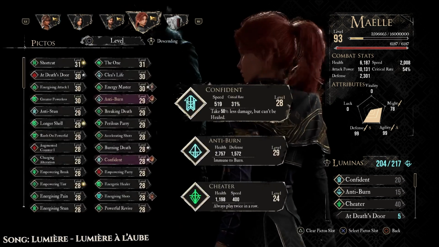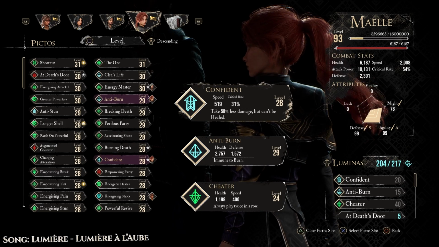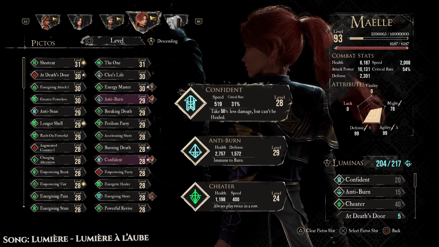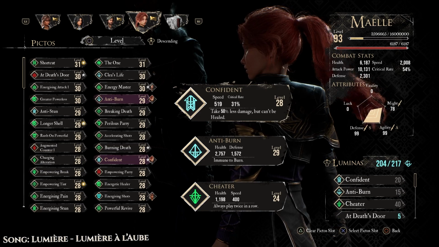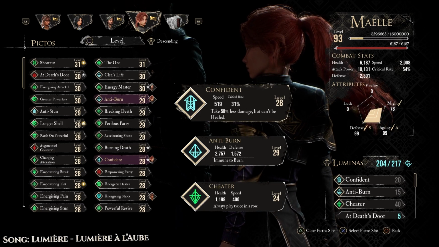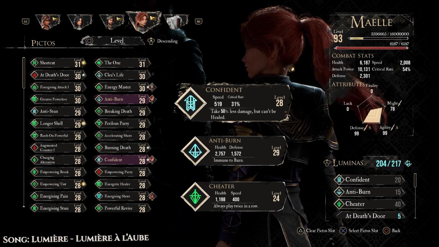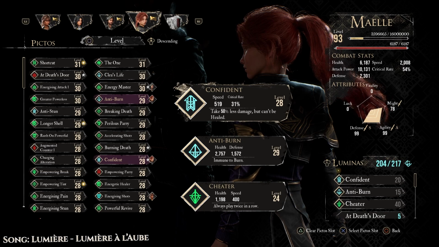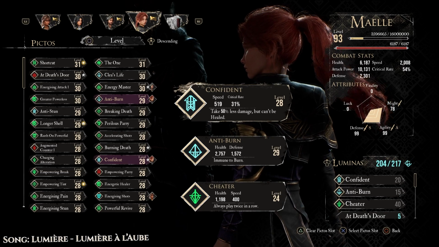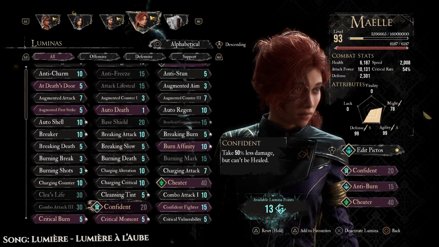It goes hand in hand with the Lumina system over on the right side. As you can see, the trade-off for putting Pictos on is that you can't put them on any other character. So for example, I can't put Confident on another party member because it's already occupied. However, that is where the Lumina system comes in, where if you go into here